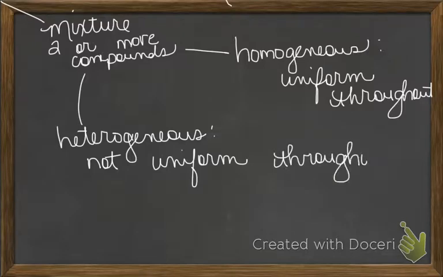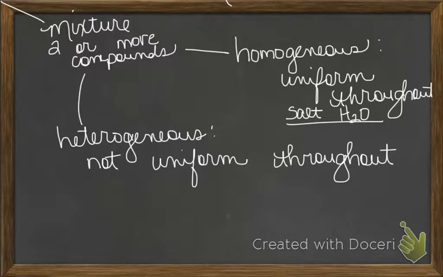And let's focus on this for a little bit and talk about different examples. I just said that salt water is a mixture. It's two or more compounds. Well, is salt water, do you think, is it homogeneous or heterogeneous? Salt water would be homogeneous. Because doesn't salt dissolve in water? Yes, it does. And so if you had a glass of salt water, it's the same on the top of that glass as it is on the bottom of that glass because salt dissolves in water.